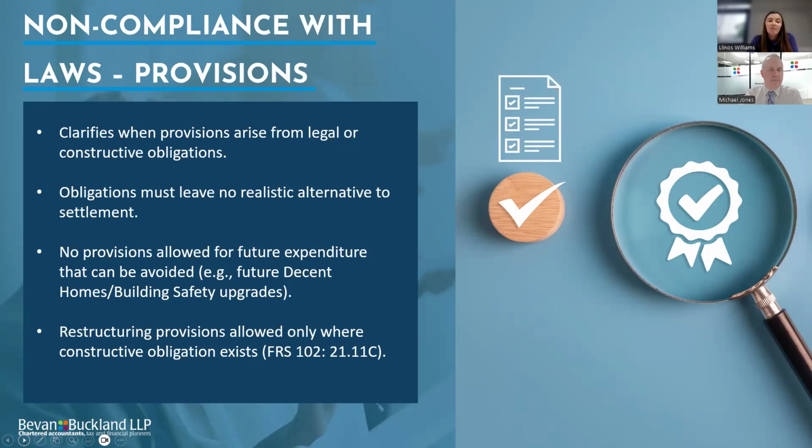Restructuring provisions. Restructuring provisions are only permitted when a constructive obligation exists. FRS 102 paragraph 21 sets out the conditions. They must be planned, and the organisation must have raised a valid expectation in those affected, typically through communication to employees or to other stakeholders. Without this level of commitment, a restructuring provision cannot be recognised, even if management intends to undertake the restructuring.